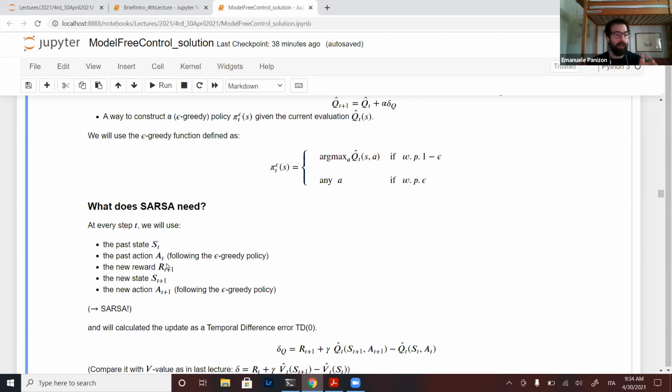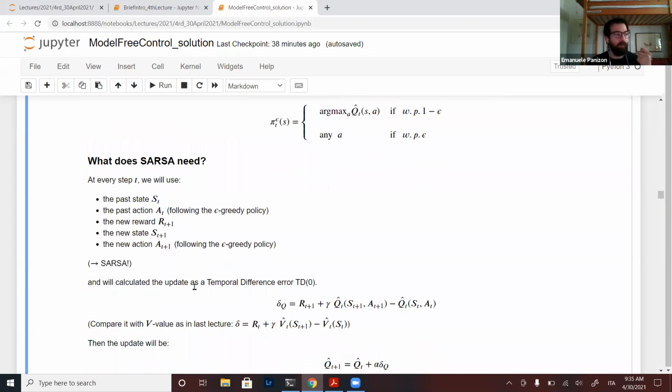And if you put SARSA together, it's SARSA, which is the name of the thing. And the update is calculated as the temporal difference error TD0, and it's just this one. So you can see that delta Q is equal to the reward I got plus the discounted Q value for the new state and the new action which I took, because this is the action which I took, minus the Q value of the state where I was and the action I took before. Okay, so